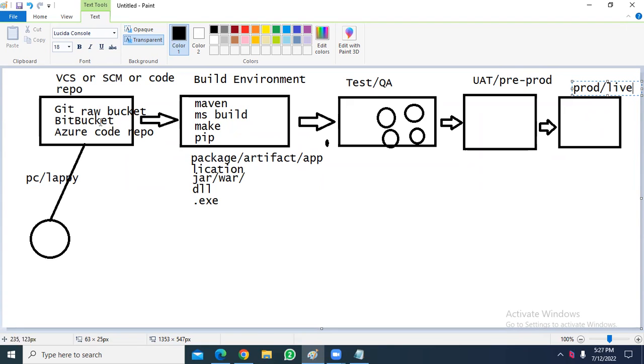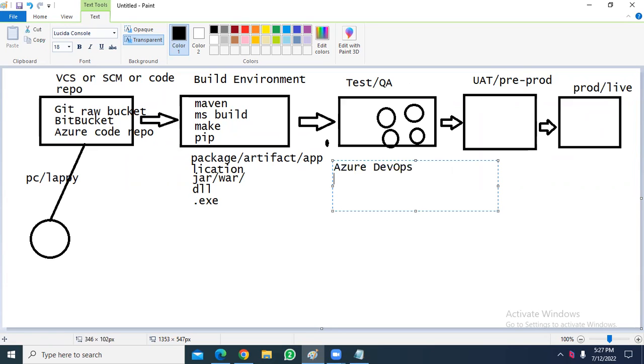That means whenever code is submitted to version control system, that will be promoted to build environment. From there, the code is promoted to test environment. From there, the code is submitted to UAT. From there, the code is submitted to production. So here, when we speak about Azure DevOps, we can create two types of pipelines.